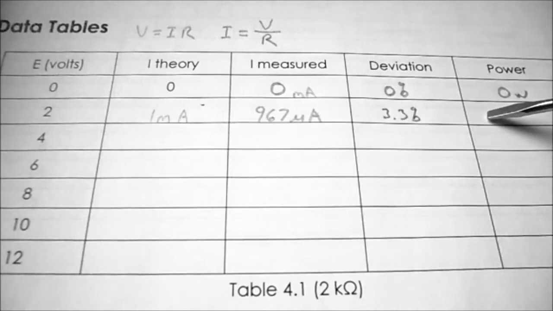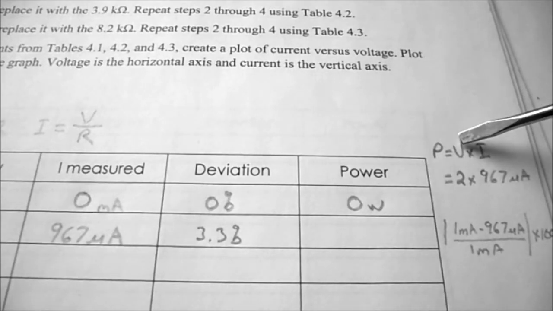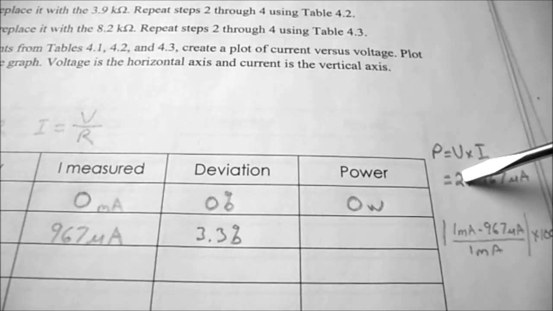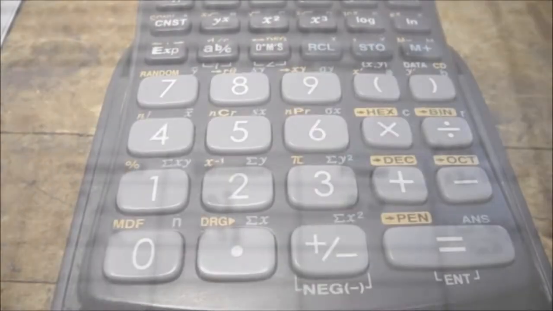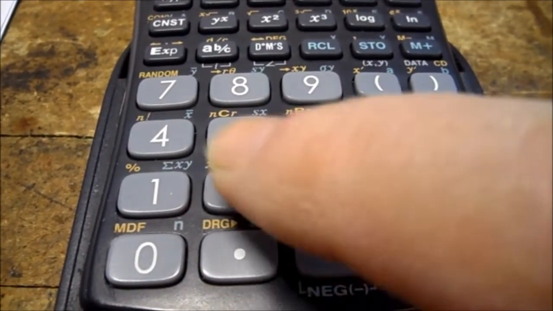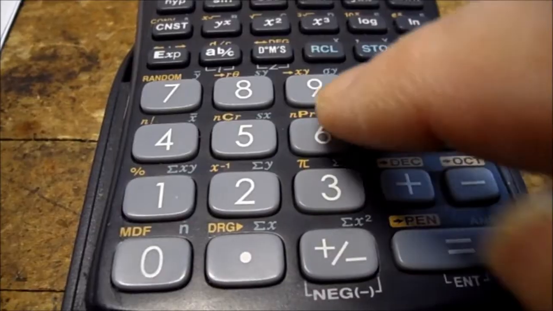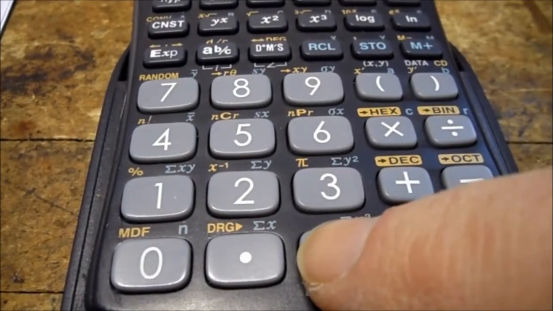I'm now going to calculate the power dissipated by the resistor. So remember, the formula for power is equal to voltage times current, and we're to use the measured current, so we're to use the 2 volts and the 967 microamps. So to enter the power calculation on your calculator, type in 2 times 967 exponent 6 minus